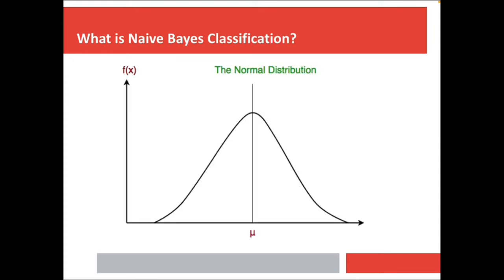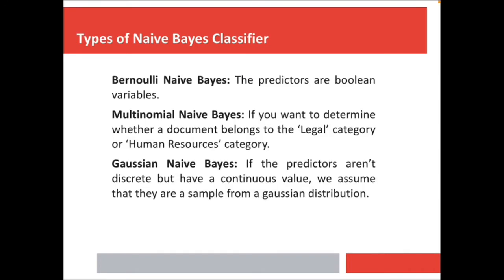Here is a Gaussian graph for naive Bayes classification. It's a trajectory for normal distribution. There are three types of naive Bayes classifiers. One is Bernoulli naive Bayes, which predicts Boolean values, and the second is multinomial naive Bayes. If you want to determine whether a document belongs to the legal category or a human resource category, I will show you in the dataset how it differs. The last one is Gaussian naive Bayes. If the predictors aren't discrete but have a continuous value, we assume that they are a sample from a